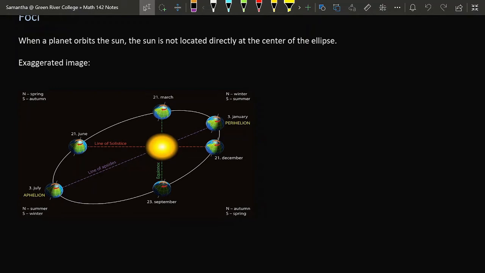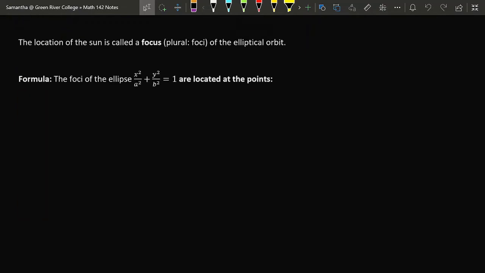And we give a special name for the location of the sun in the planet's orbit. The location of the sun is called a focus point, or simply a focus, for the ellipse. So we have a mathematical formula that can be used to locate the focus points of the ellipse with the formula x squared over a squared plus y squared over b squared equals 1. Now, first of all, there are going to once again be two different formulas depending on whether the ellipse is horizontally stretched or vertically stretched. Let's first consider the case that the ellipse is horizontally stretched. Therefore, a squared is the bigger number.